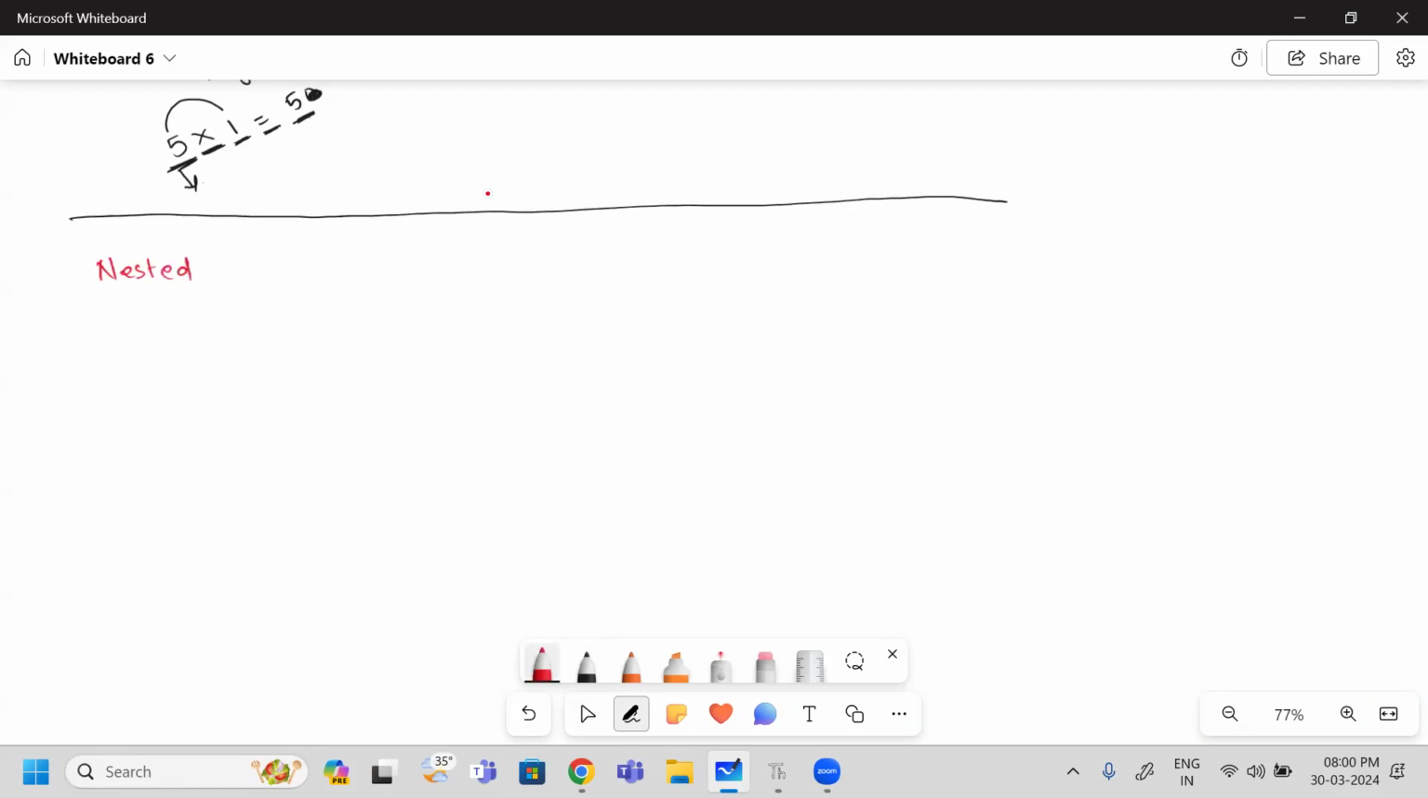Nested for loop. So when I write nested, you immediately remember that nested is nothing but we are going to write one item inside the same type of item. So a nested for loop is nothing but I am writing one for loop